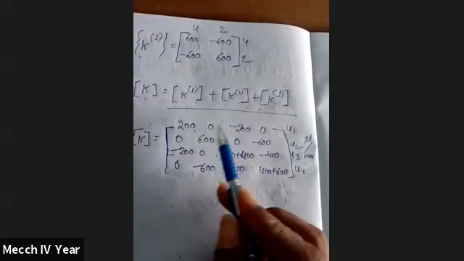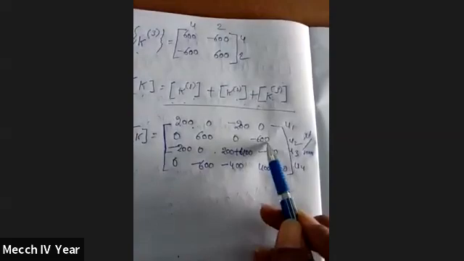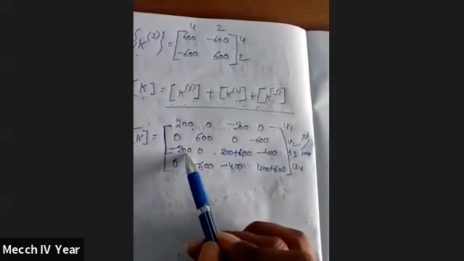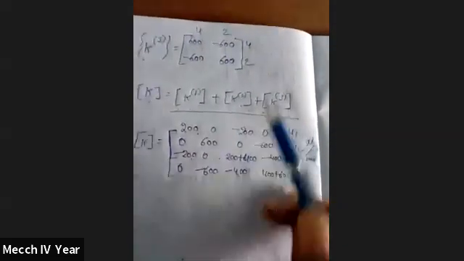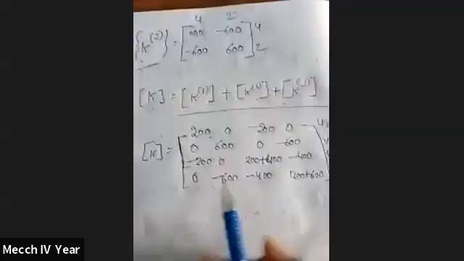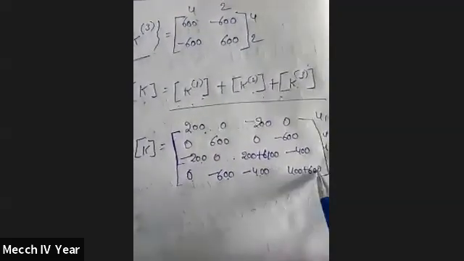Right? 200, 0, minus 200, 0, 0, 600, 0, minus 600. And then now here we see U2, 3. Then here we can see 2, 1, 2, 3, 200, 0, 200 plus 400 and 400. Again 400 plus 600. I mean 3, 2, 2. See here, 2 plus 3. 2 plus 3 means 400, 600 is there. So that means here we get 0, minus 600, minus 400, 400 plus 600, like that.